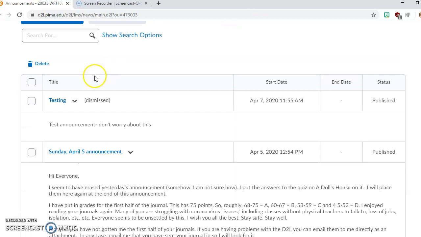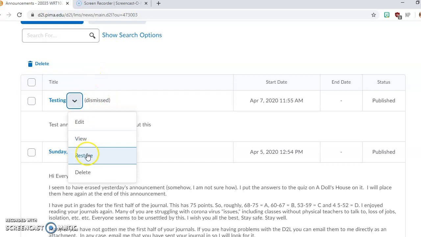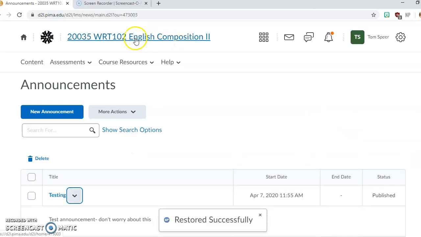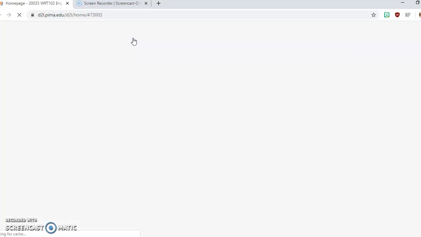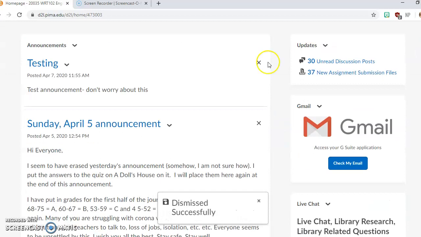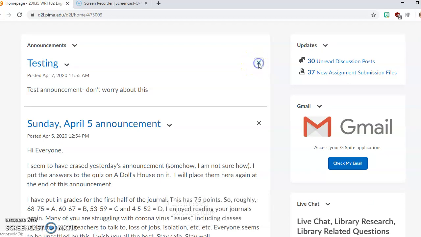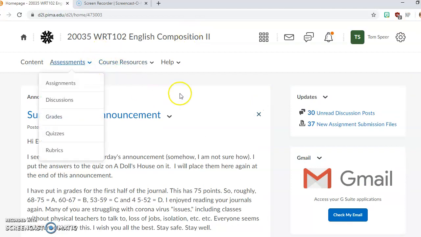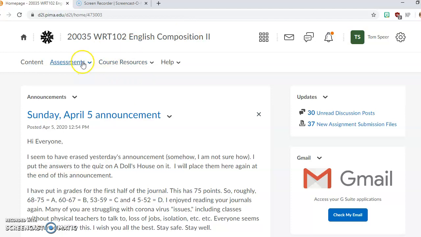Okay. So now we're gonna go. Oh, look, it's dismissed. We're gonna go restore. And then when you go back into it, there it is again. It's back. Okay. So I'm gonna go ahead and delete it again because you don't actually want this. So you go to announcements tool and restore. Okay. So I'm going to show you